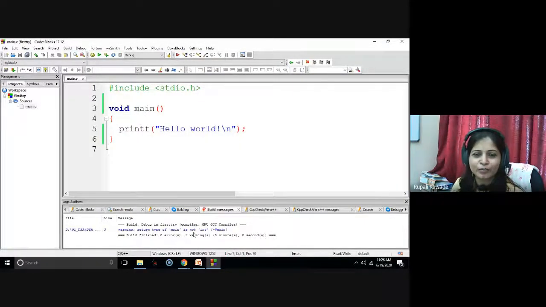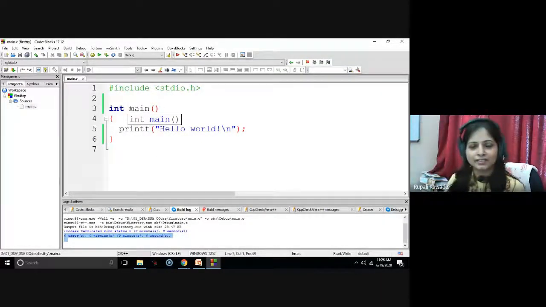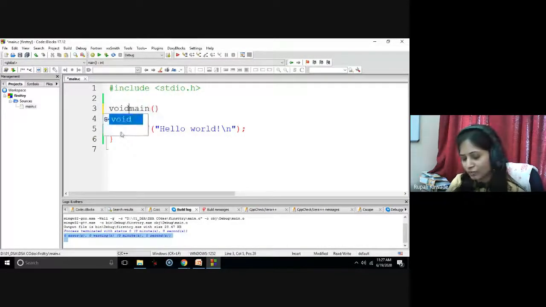And what about the int? Integer. What is the int? Data type. Okay. So what we can understand is that it is a function, and the name of the function is main.